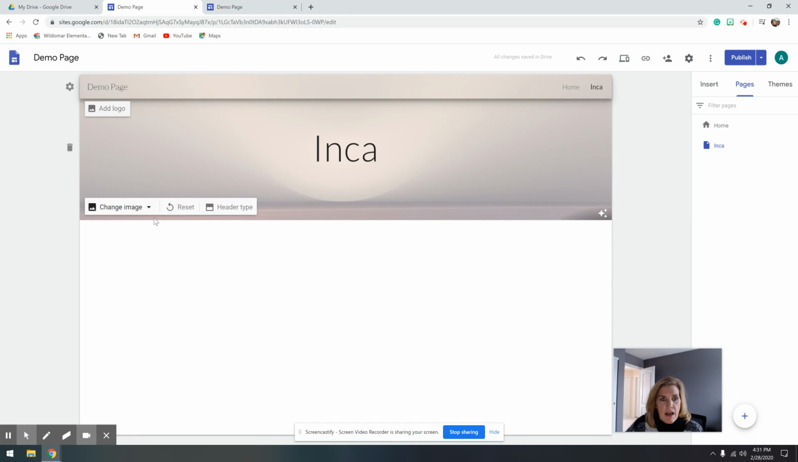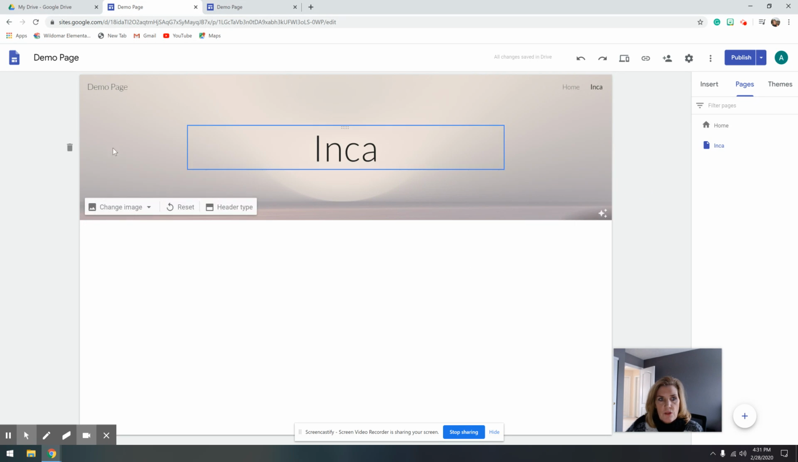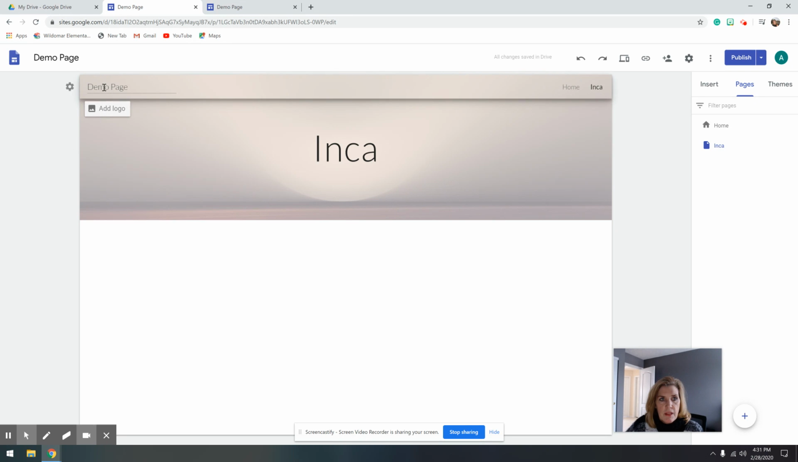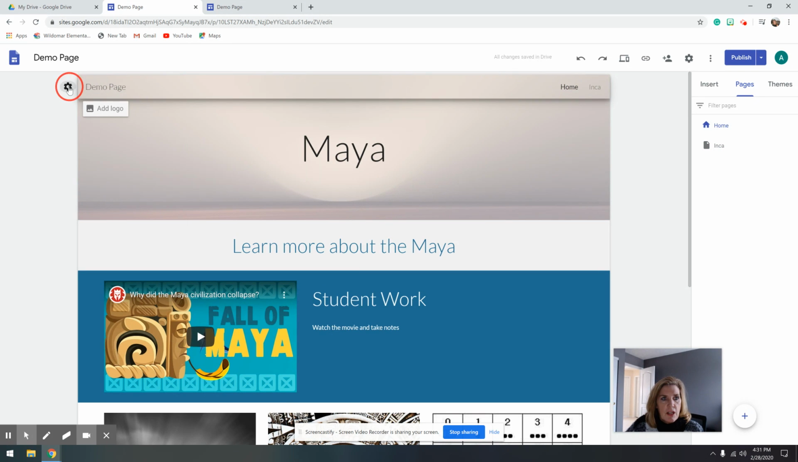If I wanted to change the image, again, I could do the same thing. And so it's giving me different choices, different options. If I go back onto the home page and I change the settings,